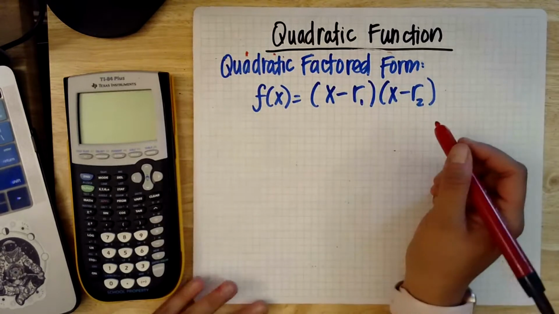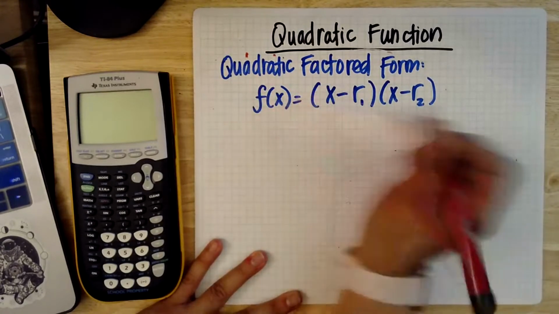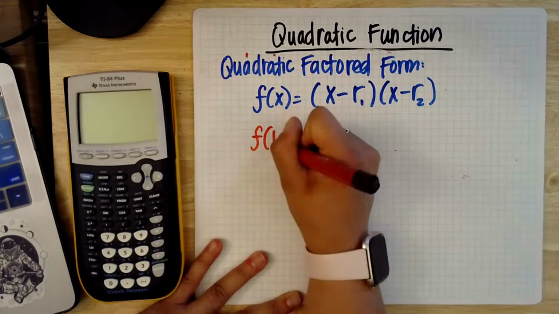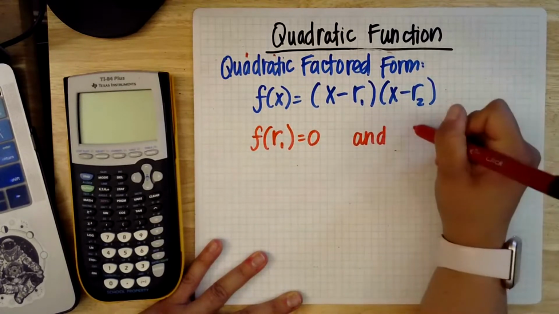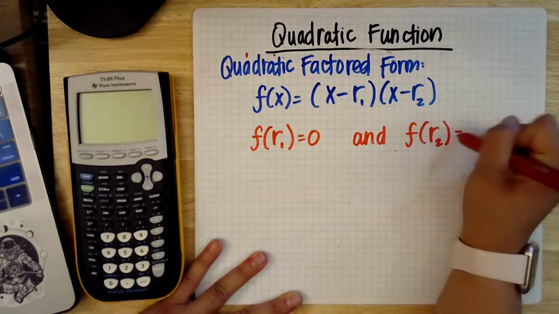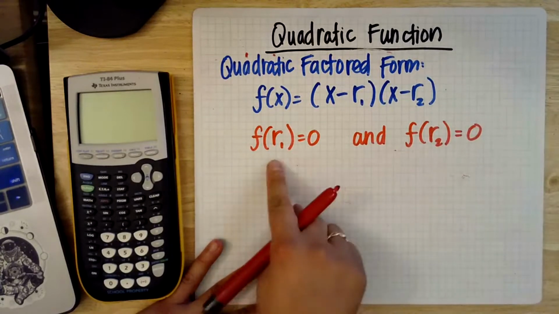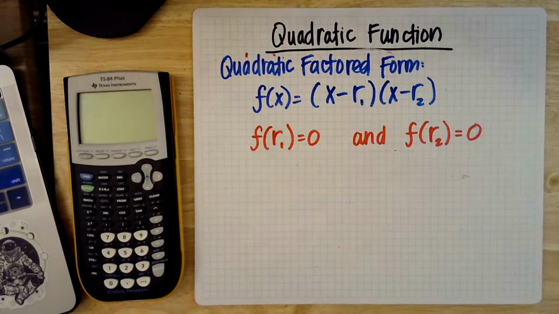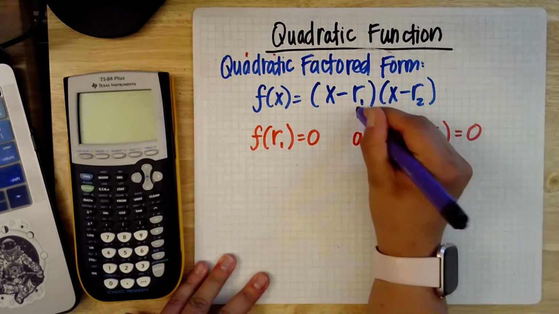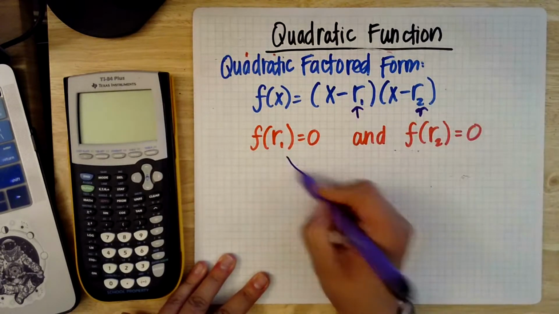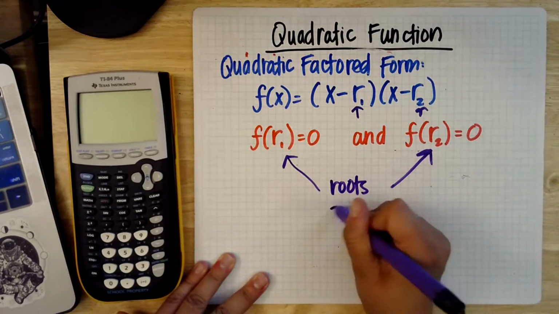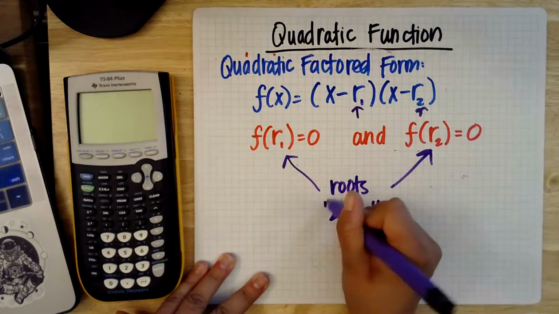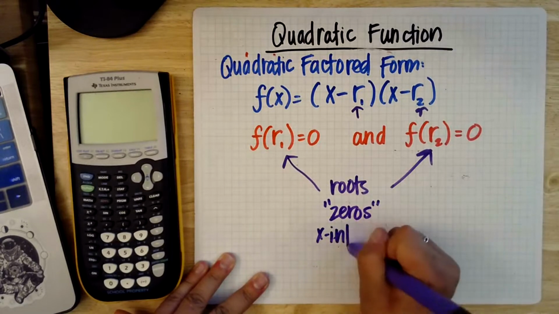So this gives me the following information: f of r1 will give me 0, and f of r2 will give me 0. Why? Because these are called my roots. These are roots or zeros because they're the x-intercepts